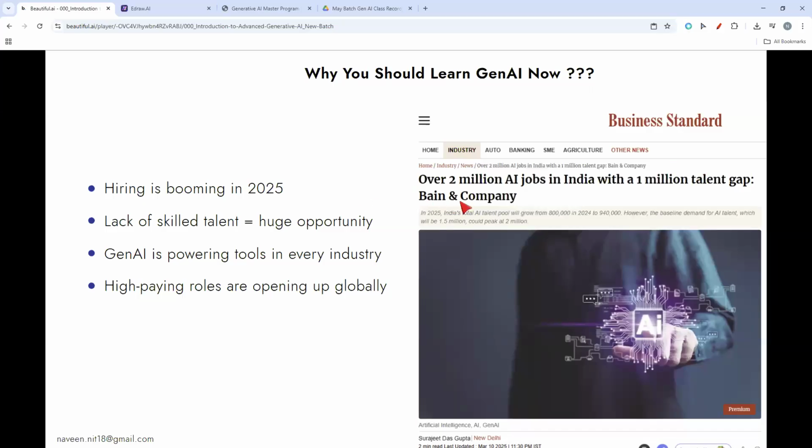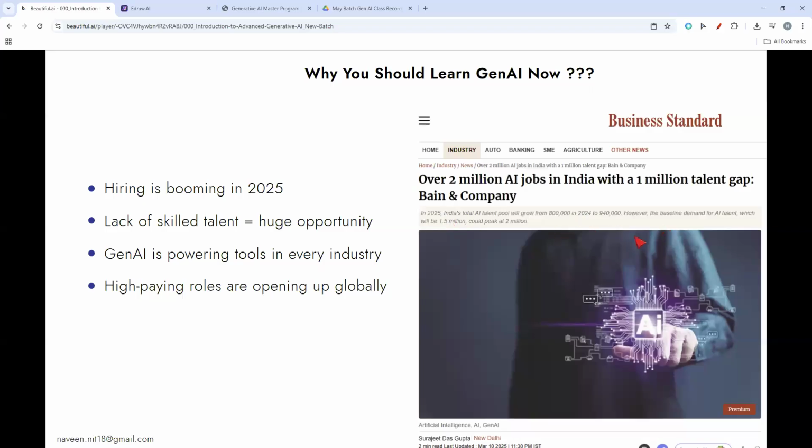Whatever picture you are looking at is from a famous and trusted newspaper, and of course you can even search on the internet. You can see there is going to be a lot of demand, it is going to grow a lot, but we have a huge talent gap. You can expect some 2 million AI jobs in 2025.